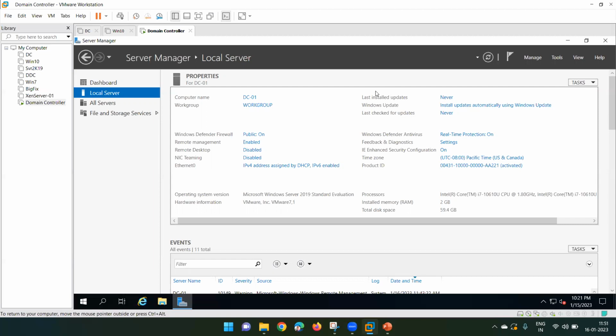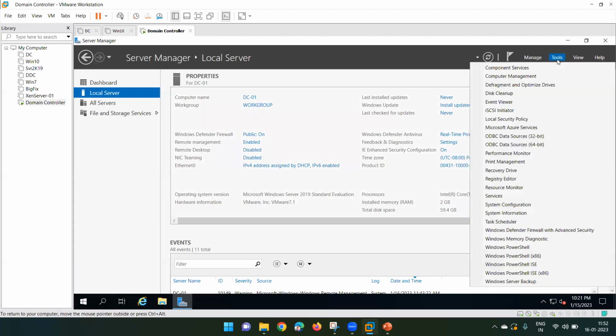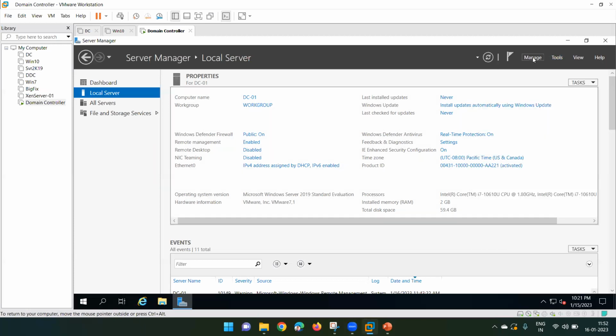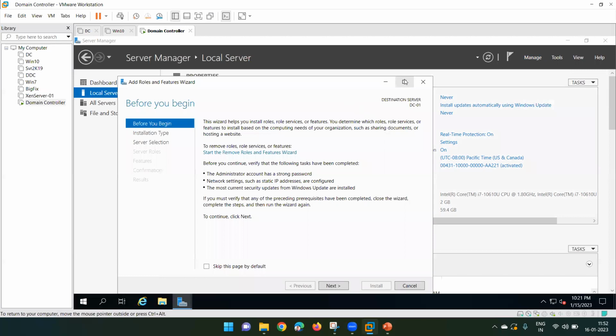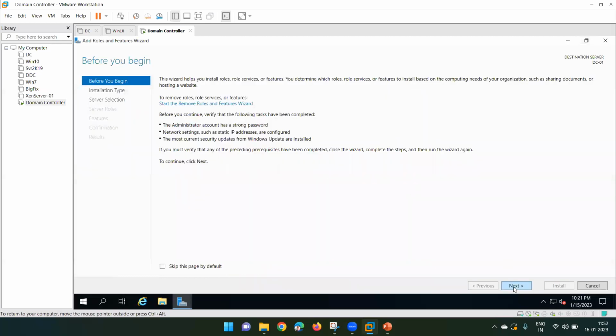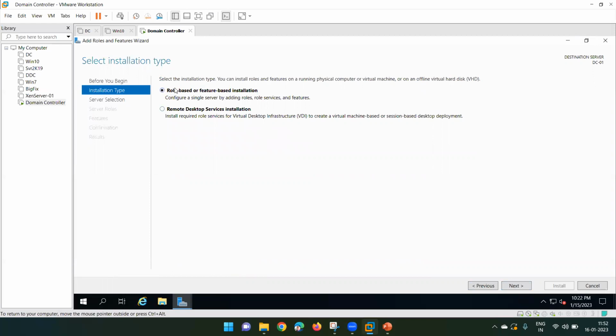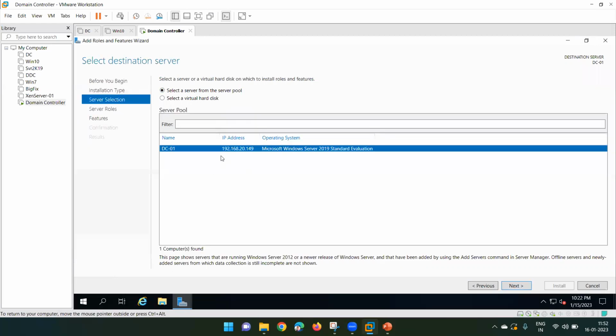So now, to promote this particular machine as a domain controller, what you have to do, you have to go to the manage, and you have to click on add roles and features. Okay, let me maximize this. Click on next. So we are going to add a role to that particular server. So select the first option. Next, this is our server. Okay,